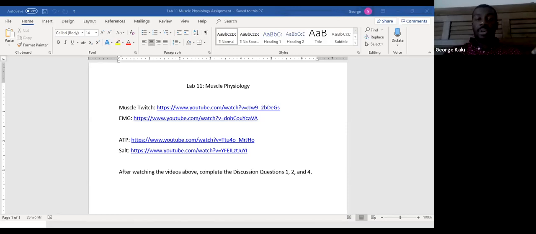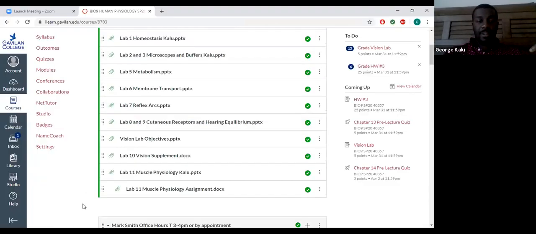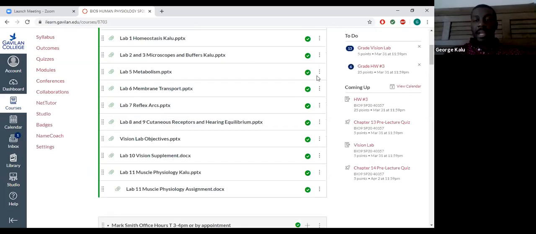Okay. So I'm going to show you where to go to find this assignment. And again, I'm going to change the website here. Is everyone able to see the Canvas page now? Yeah, okay. So here's the PowerPoint. This is the Lab 11 PowerPoint. And then underneath it, it has the Lab 11 muscle physiology assignment. That's the Word document that I just showed you with all the websites. So this is where you go to find out what you actually do. And then to answer the questions, you can either answer on the Word document directly, or you can create a separate Word document, whatever you want to do. Just make sure you complete it. Okay? And then the place that you're going to go to submit it